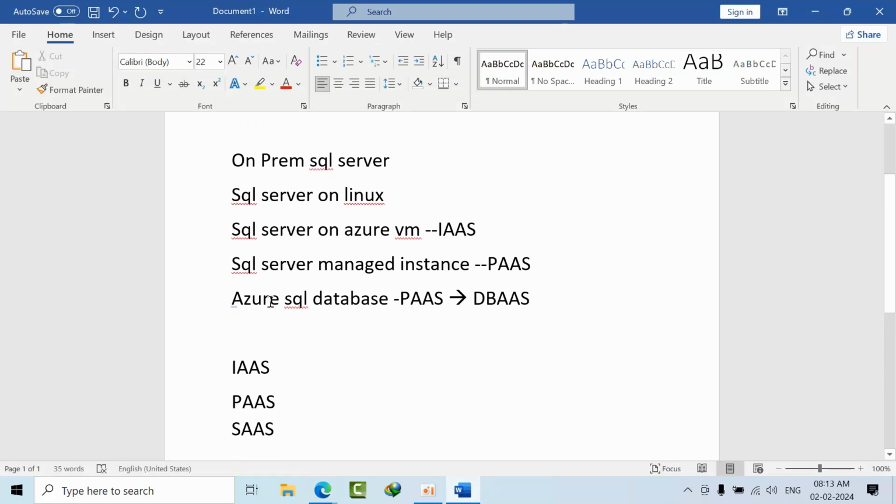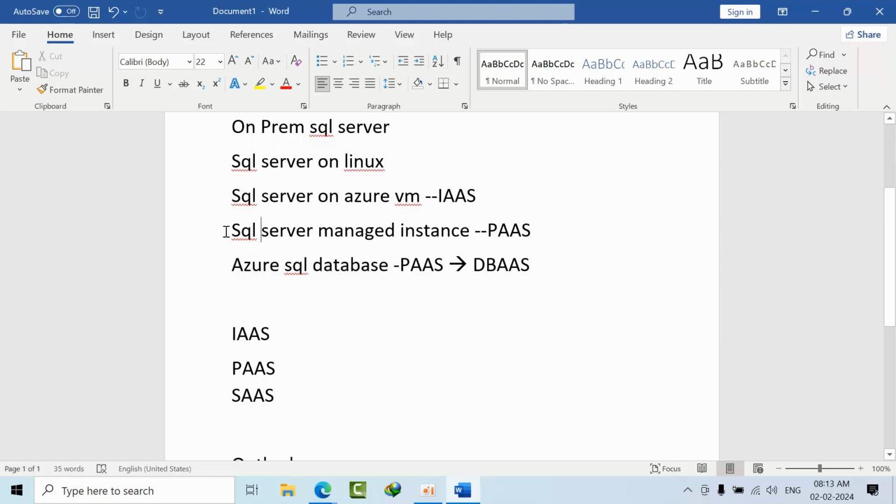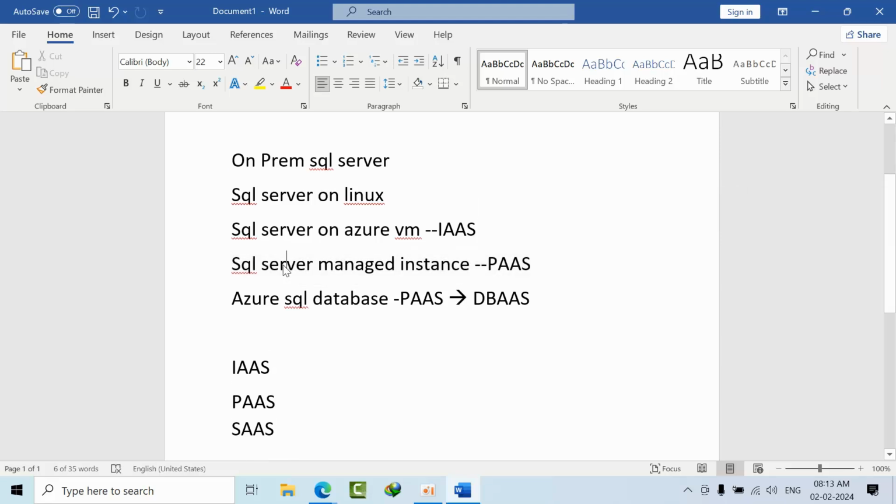I have worked for only about 3 years as a Microsoft support engineer, only for Azure SQL database. So our workshop depends only upon the Azure SQL database. If you want a SQL Server managed instance, we need to pay 5,000 rupees per day to Microsoft. So this is very costly, and that's the reason nobody is showing demos, maybe for 1 or 2 weeks. Okay, so our job is only to concentrate on Azure SQL database.